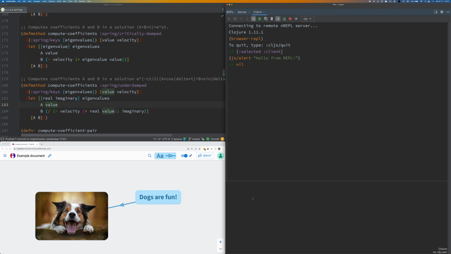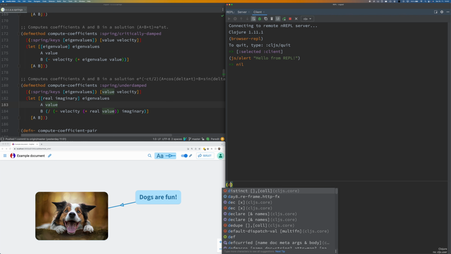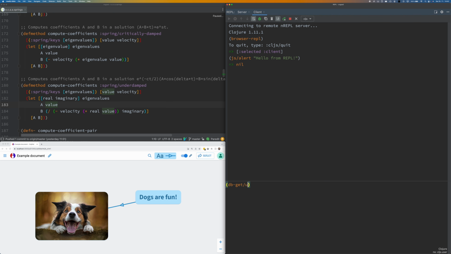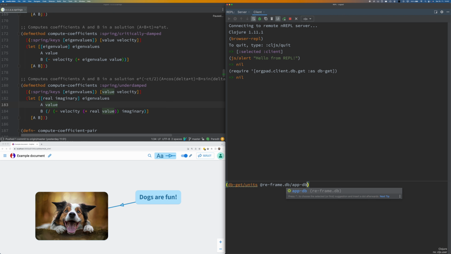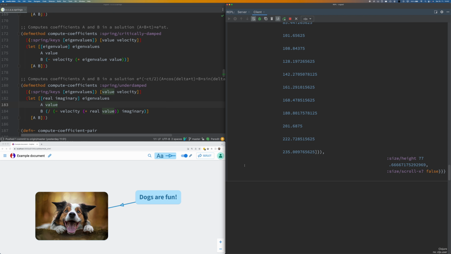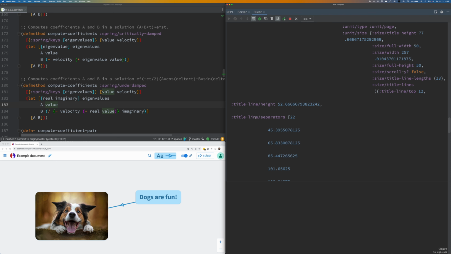And so I can take a look at the state of this document. The main part of OrgPad is that it's a re-frame application, so I have one big Clojure atom where everything is stored. If I just care about these units, I can access them like this. Let's get units from the re-frame app-db, and I get something which looks like this.